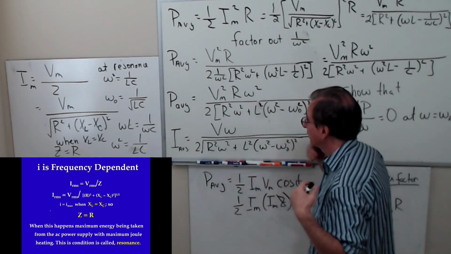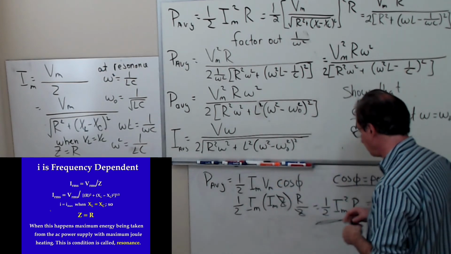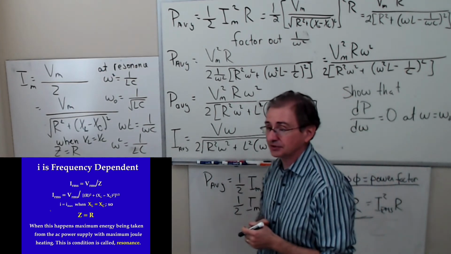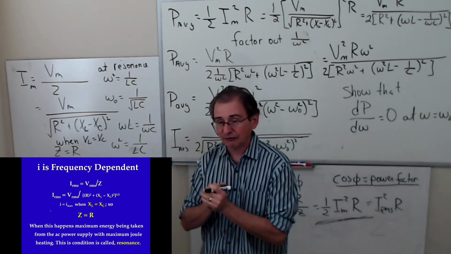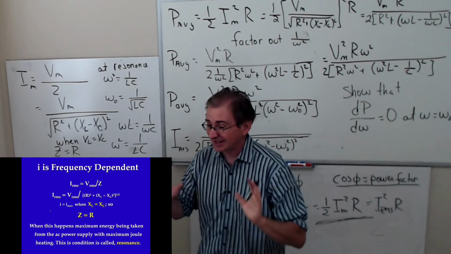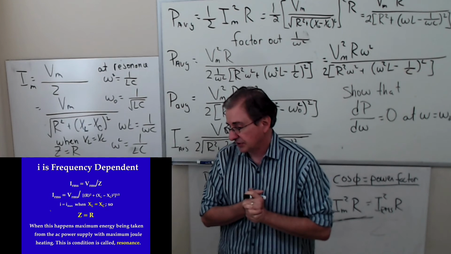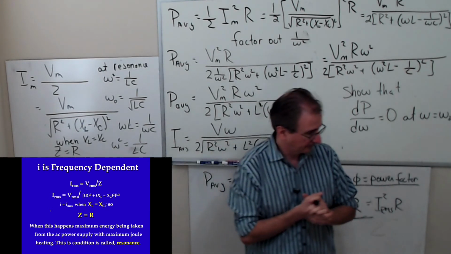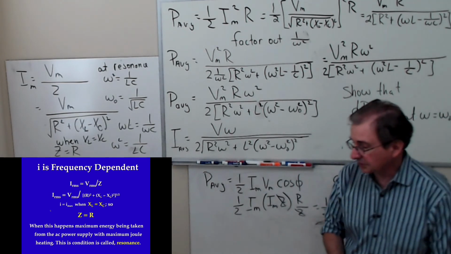And how do I show what frequency the voltage across the capacitor or inductor is maximized? I write the expression for the voltage across the capacitor or the voltage across the inductor, and I differentiate that function with respect to omega and set it equal to 0. In principle, it's easy to do. It's actually not a hard calculation. Any questions on this?